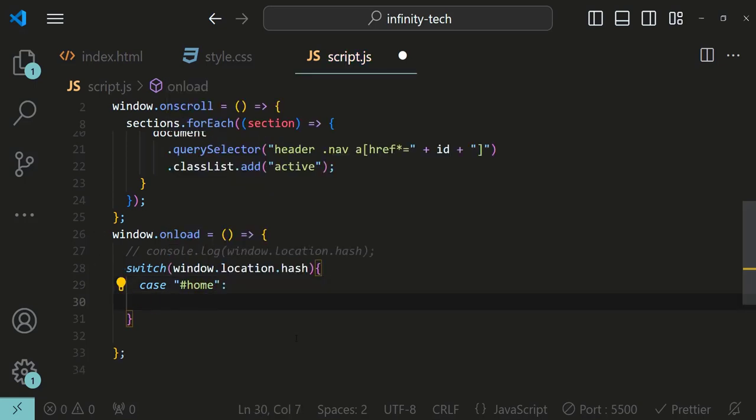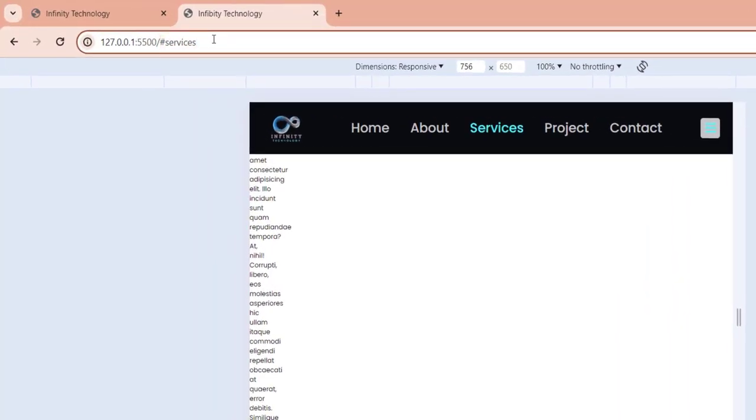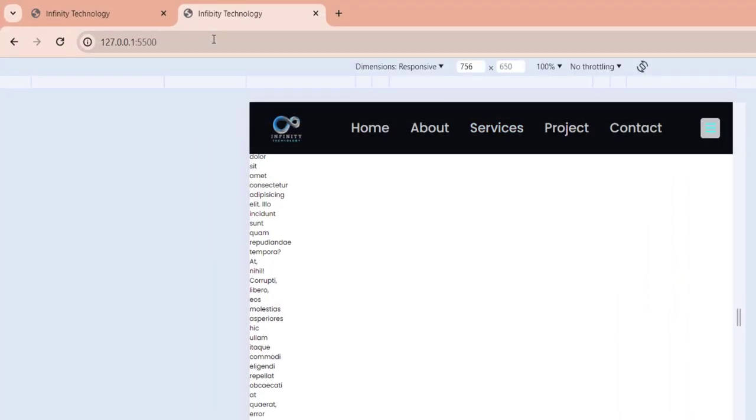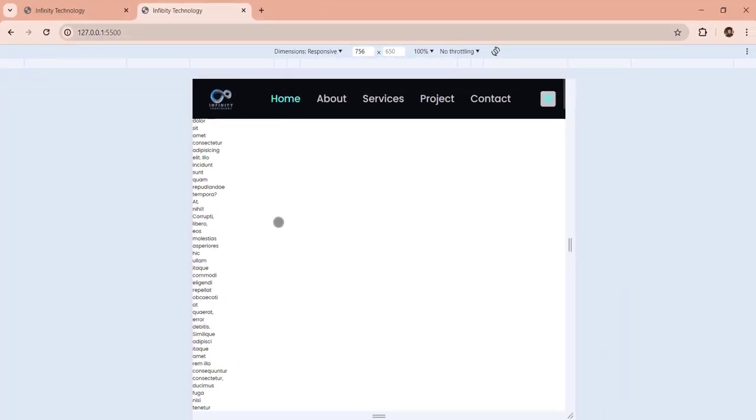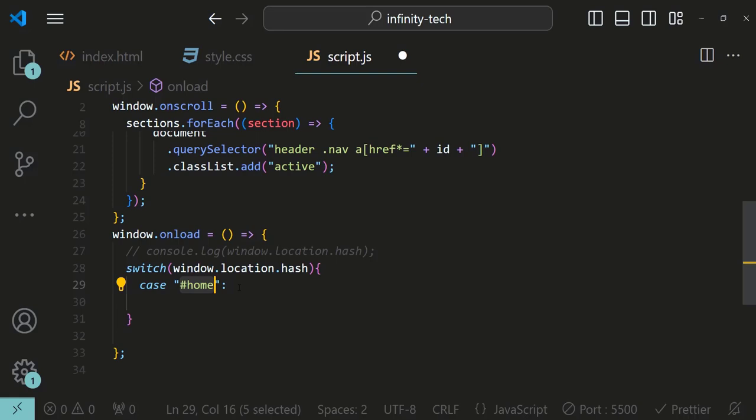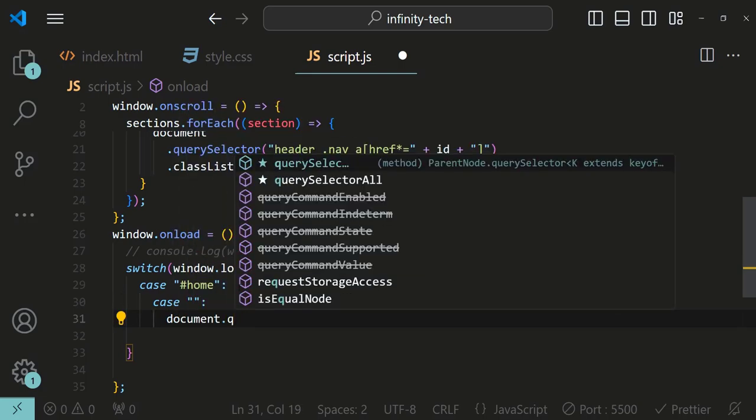But if you notice, we are not only in the home section when this hash home is attached to the URL, but also when there is no such thing followed by hash, like this. So even though there is no hash home attached to it, we are still on the home section. That means we have to make two cases when there is nothing. Now for both of these cases, the logic is, let's access